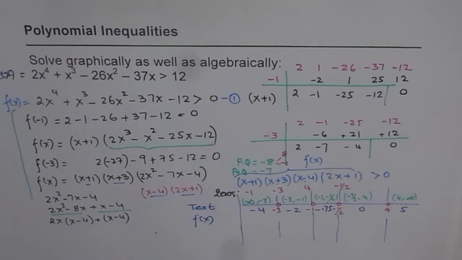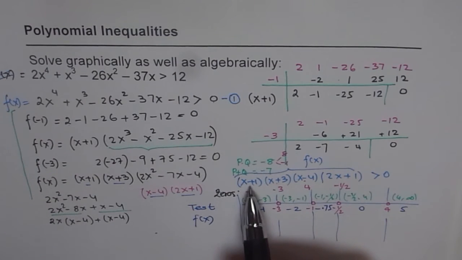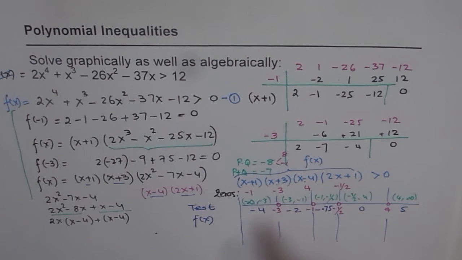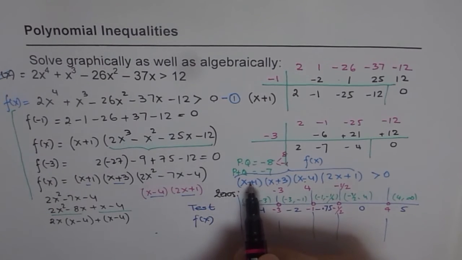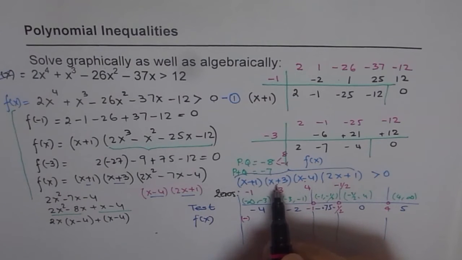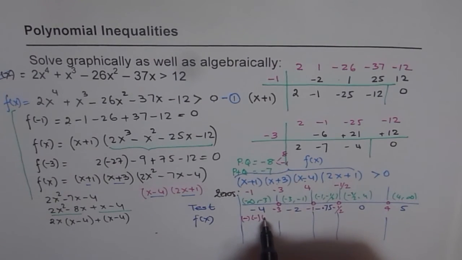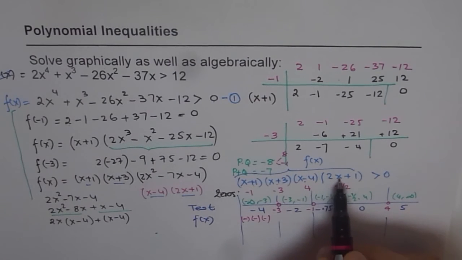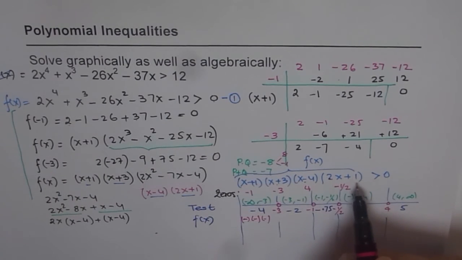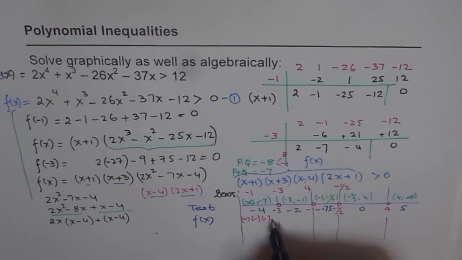Now, what you have to do is, you have to plug in minus 4 here. So when you plug in minus 4, what happens to the function? If you plug in minus 4, you get the first term, so I'll just plug it in and write the signs here. So minus 4, if you plug it in here, you get negative, right? So that is my first term. If I put minus 4 here, I again get negative, right? If I put minus 4 here, I again get negative. Minus 4, minus 8, right? Minus 4 here, twice minus 4 is much bigger than 1. So this is also negative,